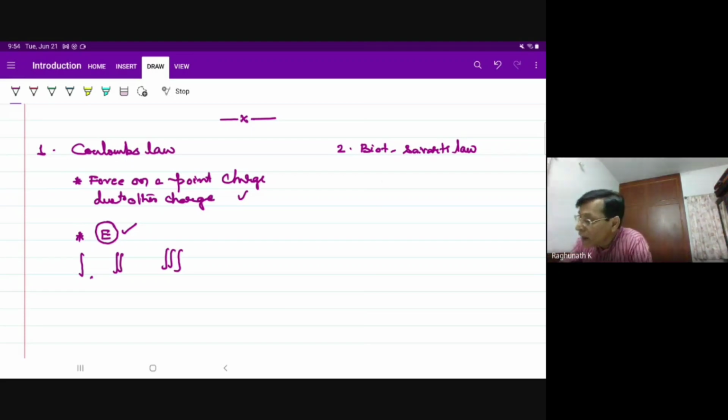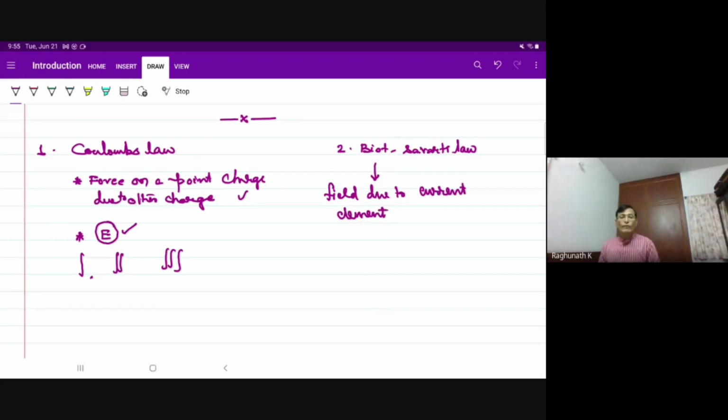Even in Biot-Savart's law, we straight away speak not of a force but of field intensity, the field due to a point source, the current element. Again, it's a point. Ultimately, what is a current element? A small, infinitesimally small line. A line is what? A cylinder of zero radius. We call it filamentary current. Whenever we talk about the current element, I should know that this current element is filamentary.